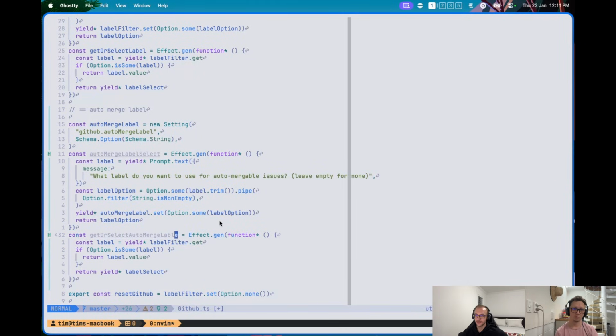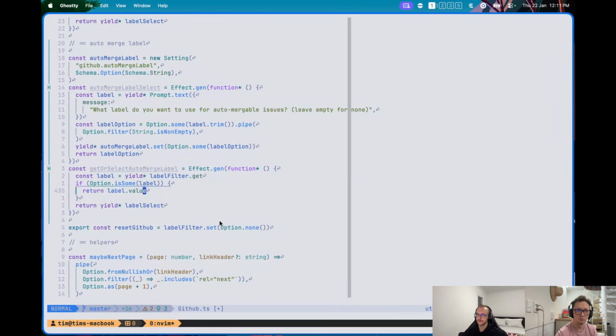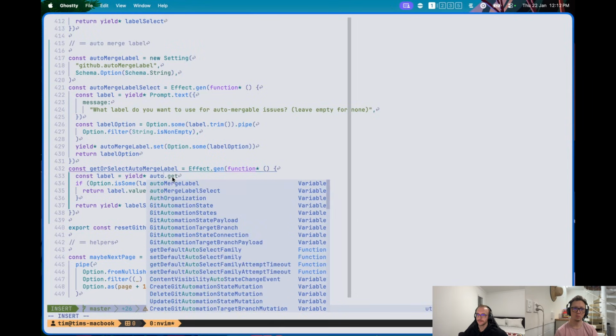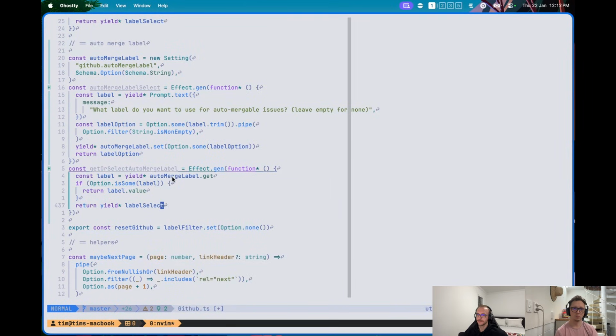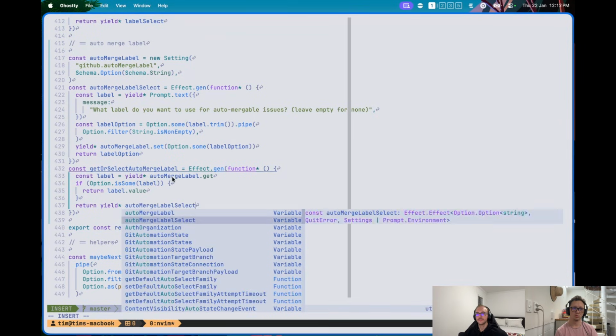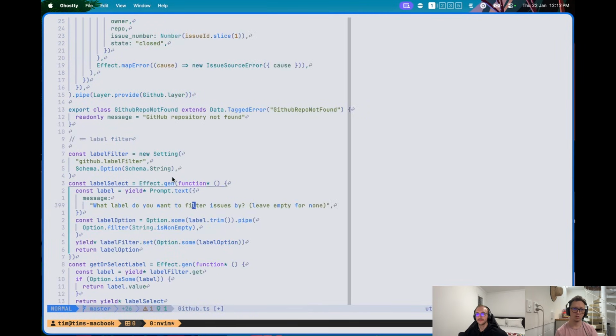I think if I have to add another select, then I'll refactor this to an abstraction. But auto merge label select, yeah. And then